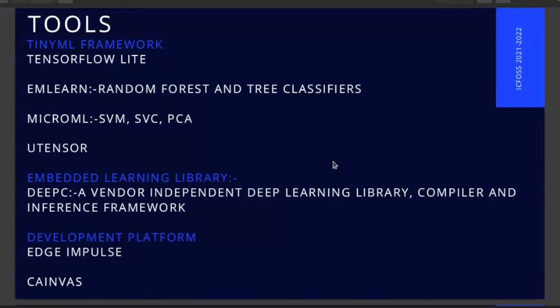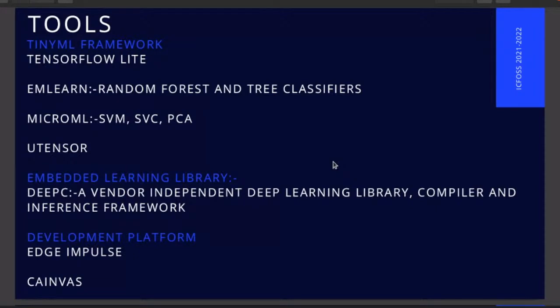In TinyML, the following are the main tools we commonly use. TensorFlow Lite: TensorFlow everyone knows now, as one of the major machine learning frameworks. TensorFlow Lite is the same, but for microcontrollers.